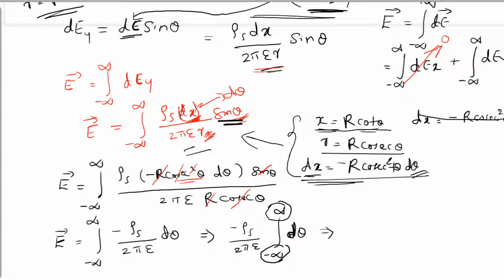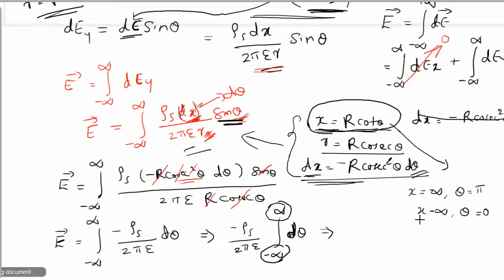But now we have theta as the variable. So from the geometry, or from this equation x equal to r cot theta, I can find the limits. So let me write it here. How will I find the limits? If x is minus infinity, theta will be: minus infinity equal to cot theta. So theta is cot inverse of minus infinity. So what is it? So theta should be pi. Okay. So for x equal to plus infinity, theta will be equal to 0.